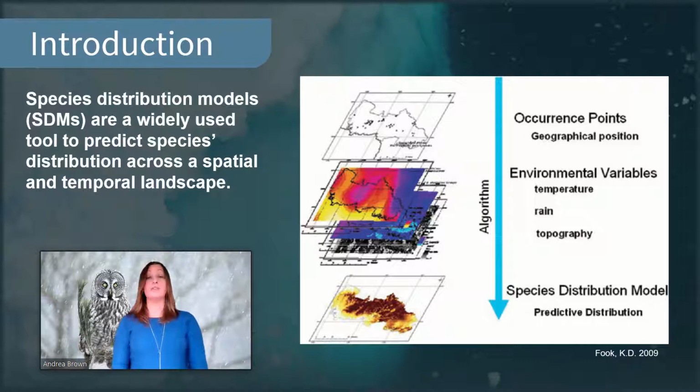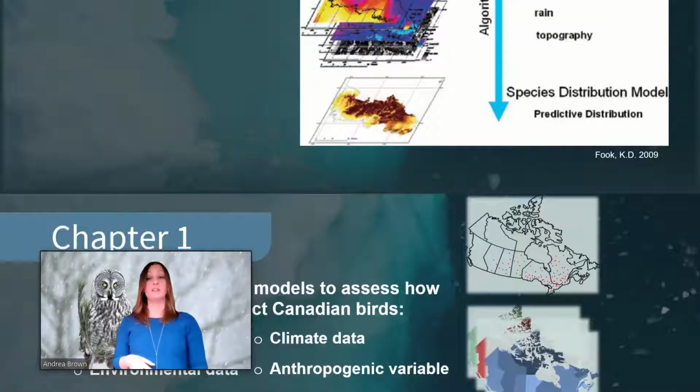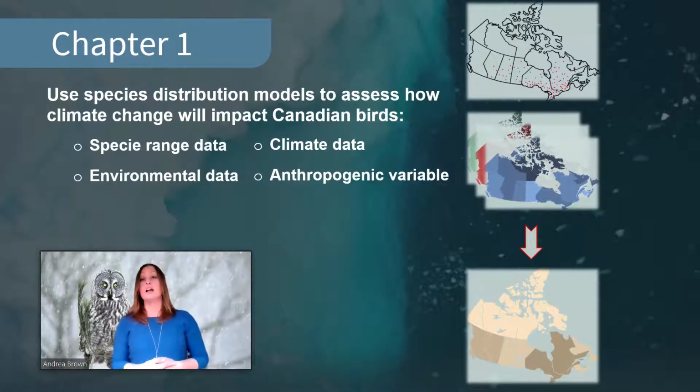Species distribution models are a widely used tool to predict a species distribution across a spatial and temporal landscape. So by combining occurrence data and environmental variables, these models can predict a species distribution and provide understanding and information on their current and future distribution. For my thesis, I will be using a species distribution model to assess how Canadian birds will be impacted by